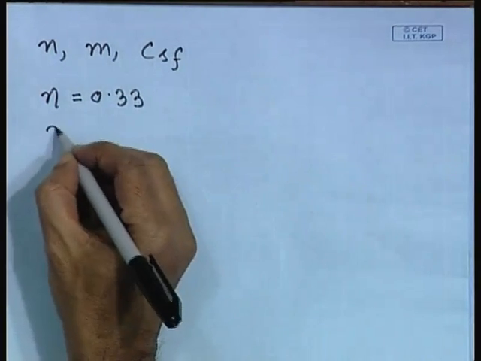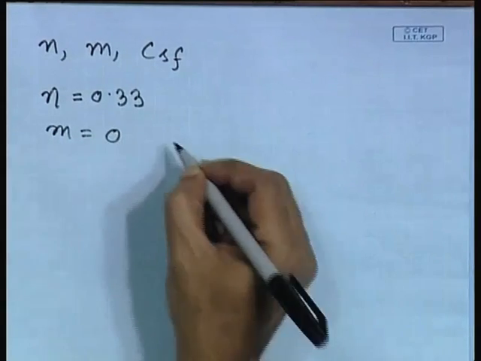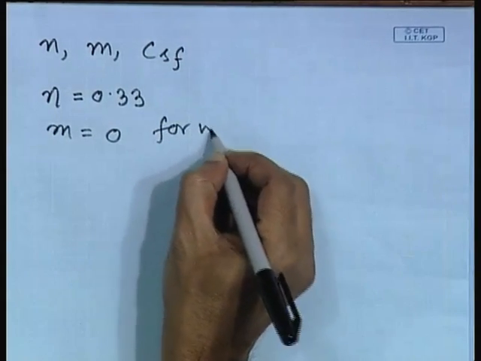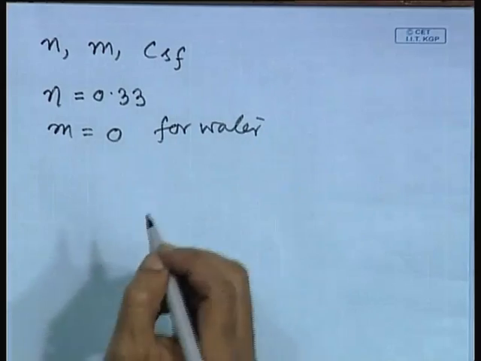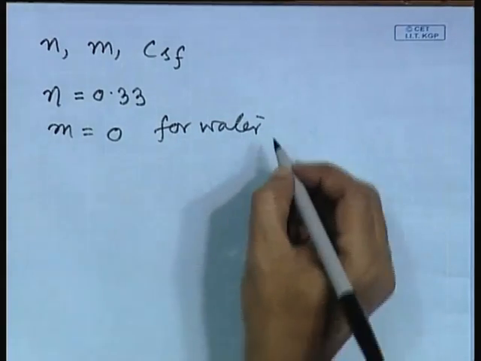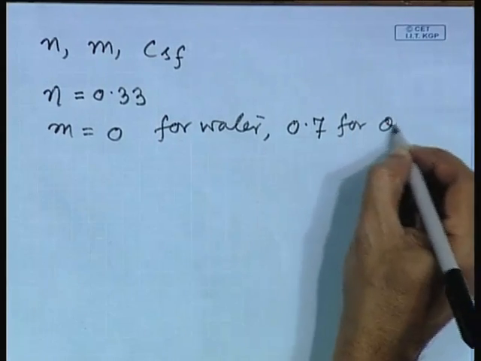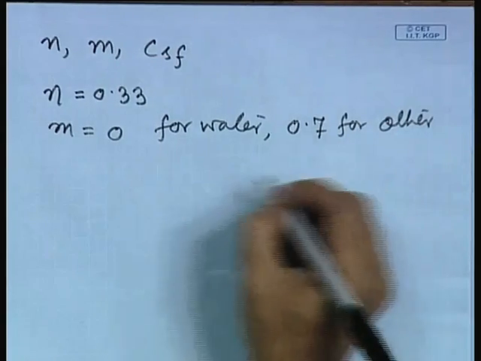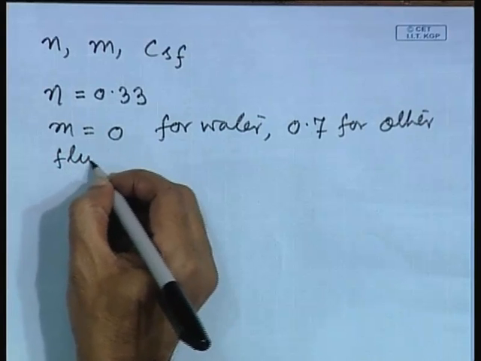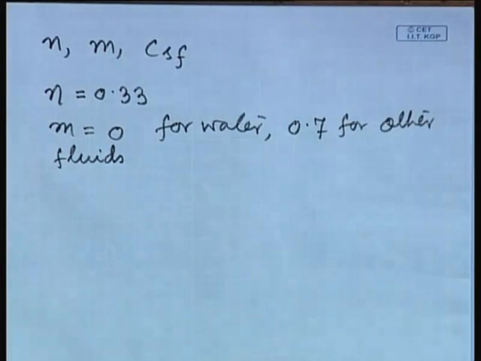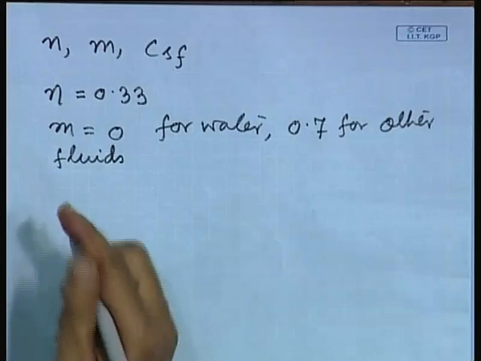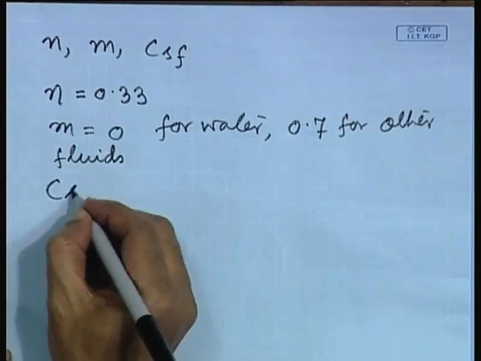M is equal to 0 for water and 0.7 for other fluids. Generally, for aqueous systems and water, M is taken equal to 0, and it is 0.7 for other fluids. Then CSF,